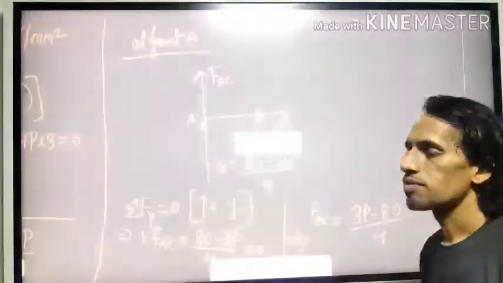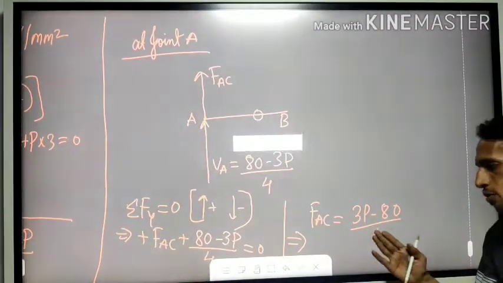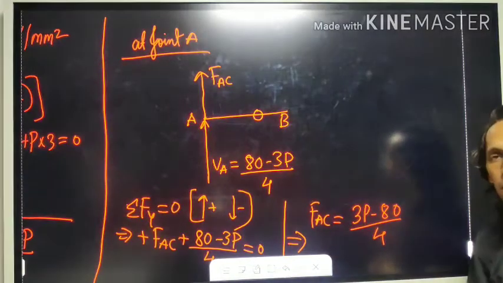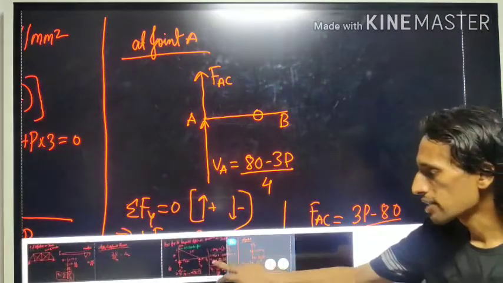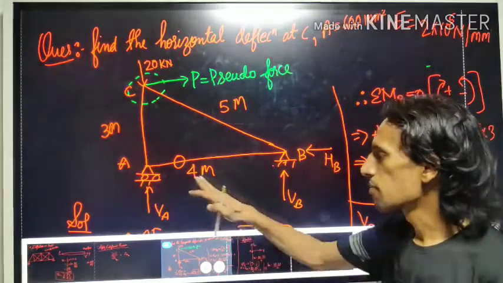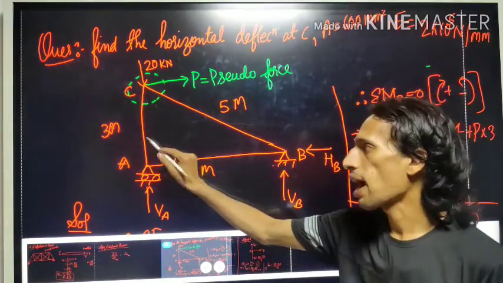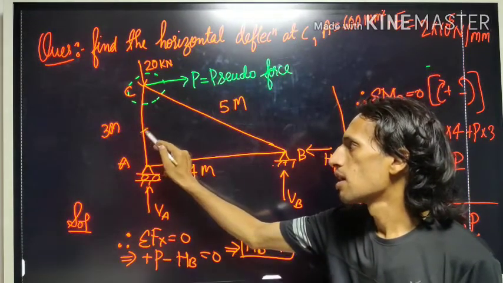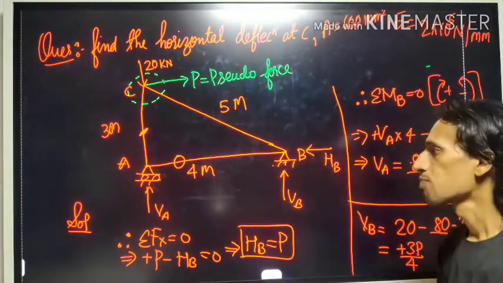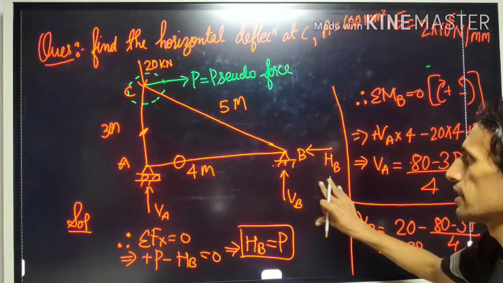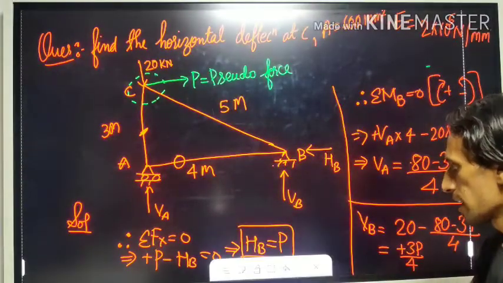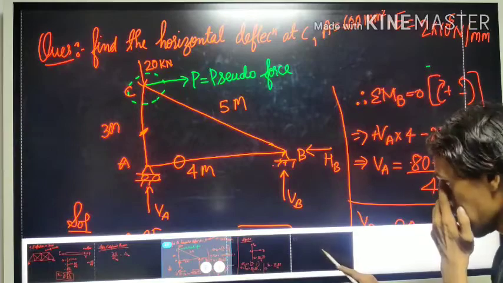So I have calculated one value of the member force. So let's go back to the original question. This value I already said is a zero member force. Now I have calculated this value. Now only this member is left. So how can I calculate it? I can come to joint B. And let's apply the equation here.